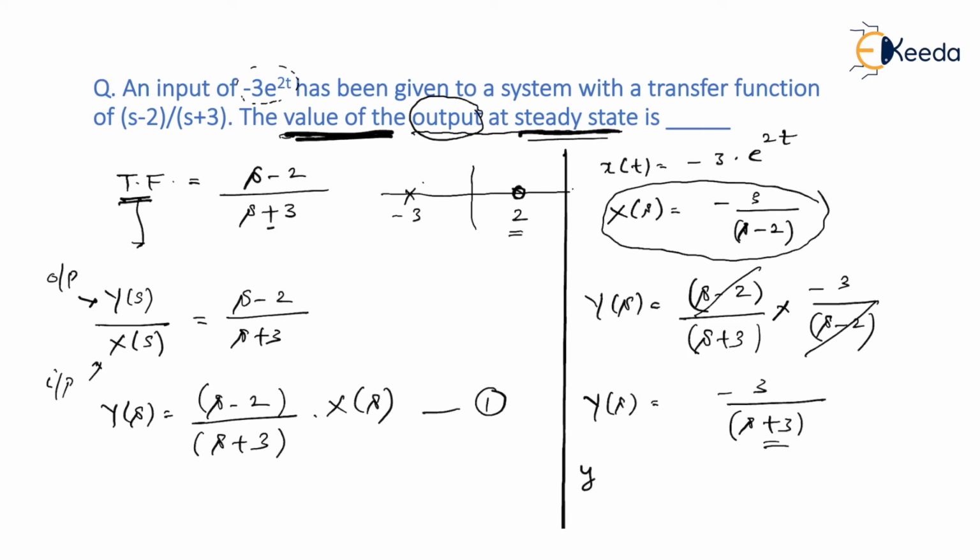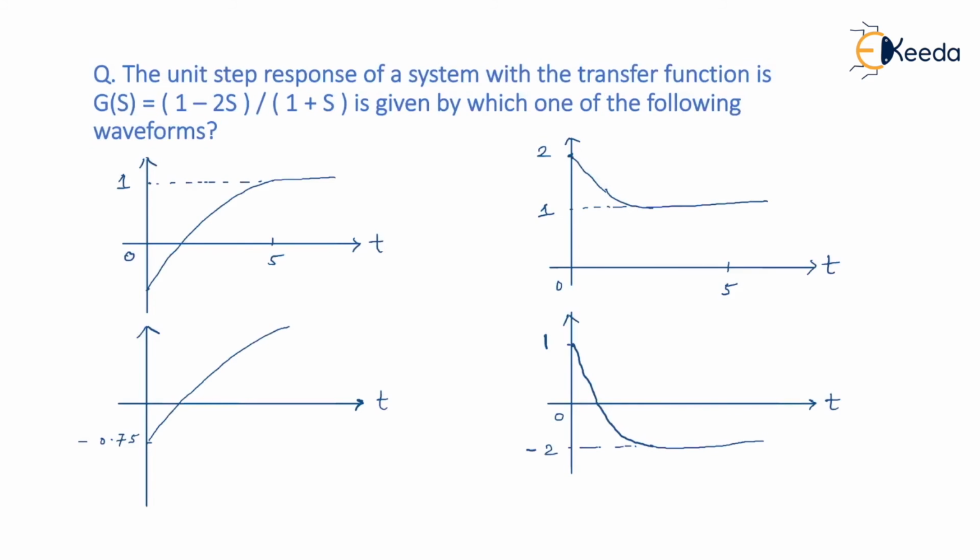So by final value theorem, I can say that y(infinity) is equal to what? It is nothing but limit s tends to 0, s times Y(s). Am I right? And when you do so, you will get y(infinity) equal to straight away 0. Just follow this formula and get the answer. You will get steady state value equal to 0. So let's move to the next question.